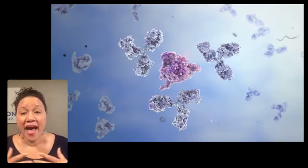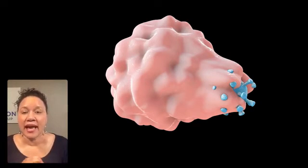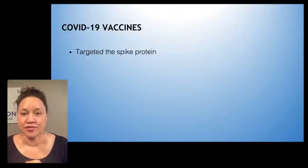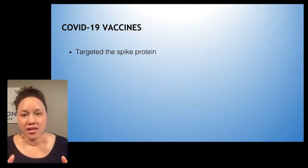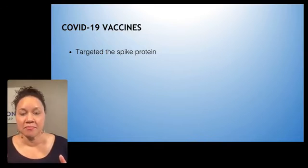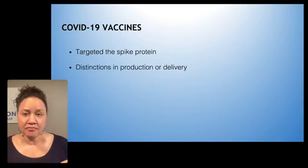And then as a result, those macrophages will see those flags, they will eliminate and remove it from the body much quicker than if you had not been vaccinated. The second time that your body sees something, it is always better than the first and quicker than the first time. So when we talk about the COVID-19 vaccines, they targeted the spike protein that I keep mentioning to you, and we'll talk a little bit more about why, but that spike protein was the target